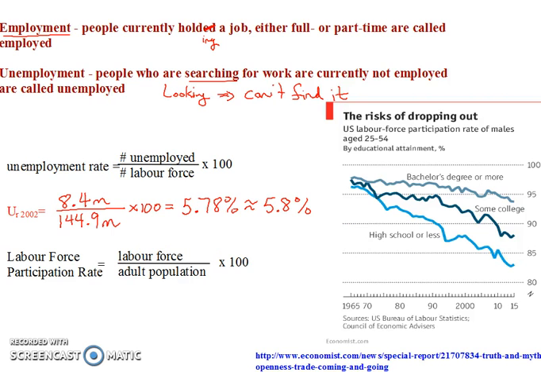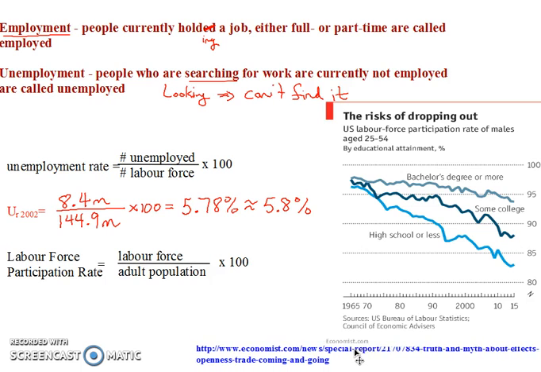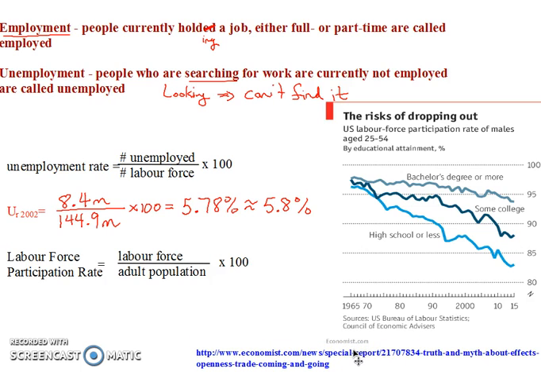So let's just look at a graph of this very quickly. Sorry, I'm not sure if you can see this down here on the bottom. Let me just pull this over, just so I've clearly cited my source. I got this graph from the Economist magazine, and its source was the Bureau of Labor Statistics. This is the labor force participation rate for males ages 25 to 54, and it's broken down by education.